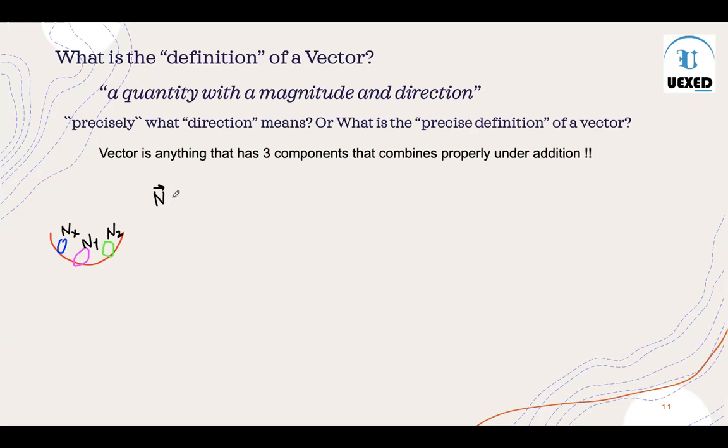So we can write nx x cap, which denotes apple; ny, which denotes pears; and nz, which is banana. So according to the definition we just learned, that a vector is anything that has 3 components,